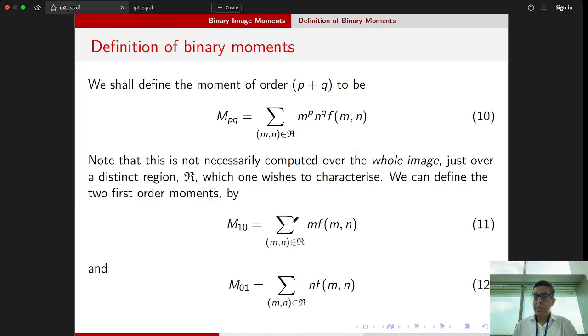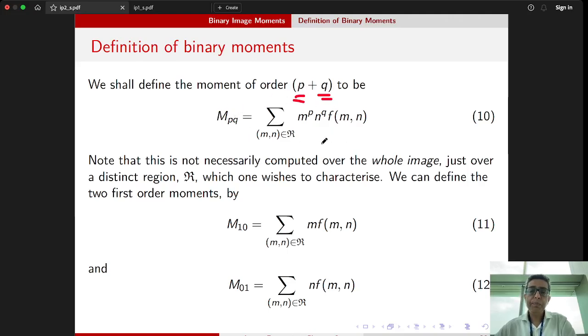So the definition of binary moments has associated with it the concept of an order. Generally speaking, for two-dimensional binary moments, you talk about an order which is given as the sum of p plus q, where p and q are defined